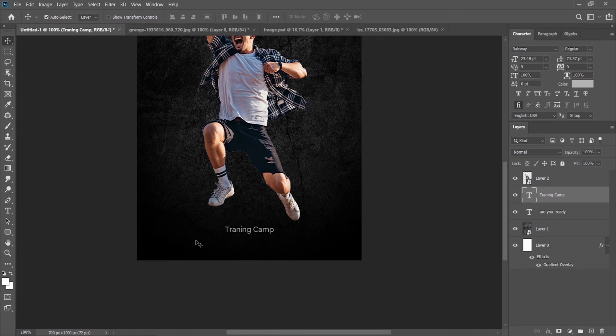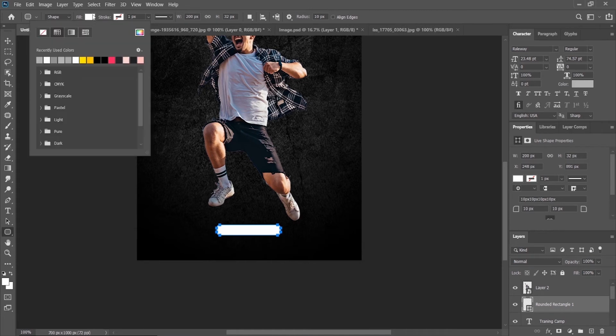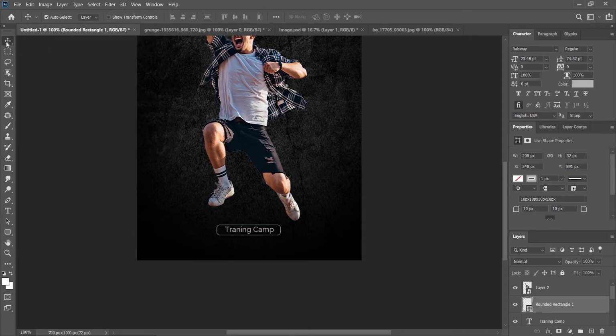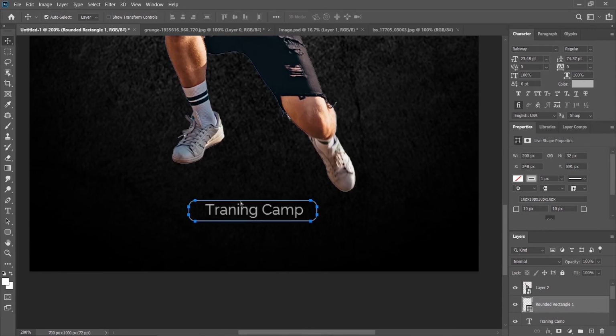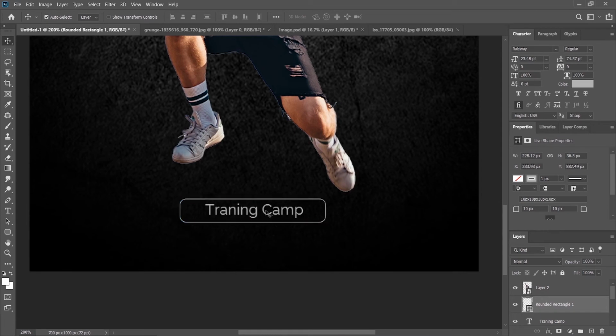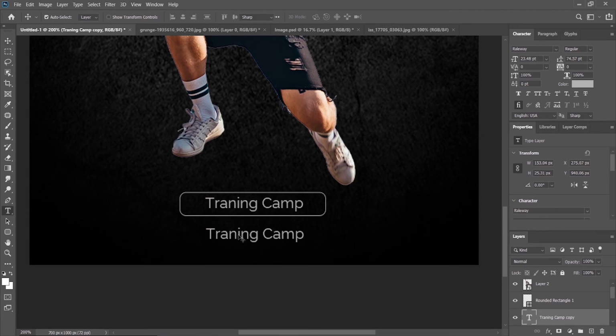After that, I create a shape. So select the rounded rectangle tool and create it like this. Fill color should be none, and for the outline choose gray. Press Ctrl T and make it a little bit bigger like this, and select the text, press Alt and drag to the bottom, and double click on the text, and